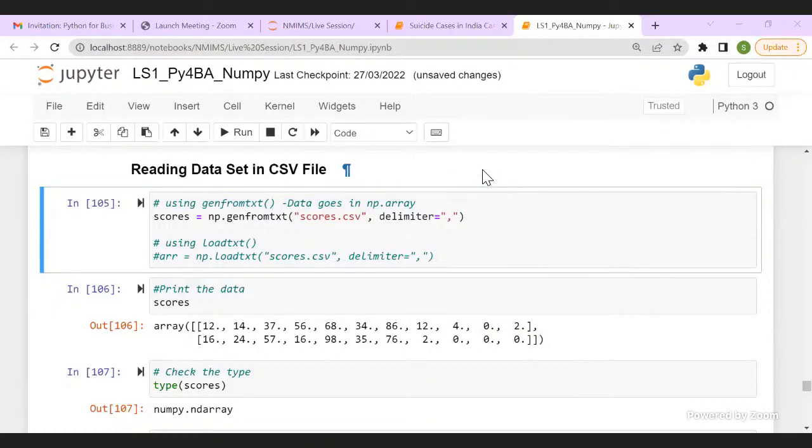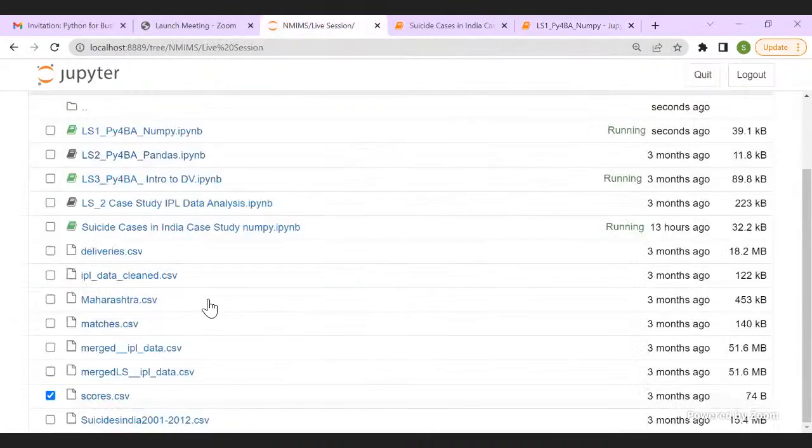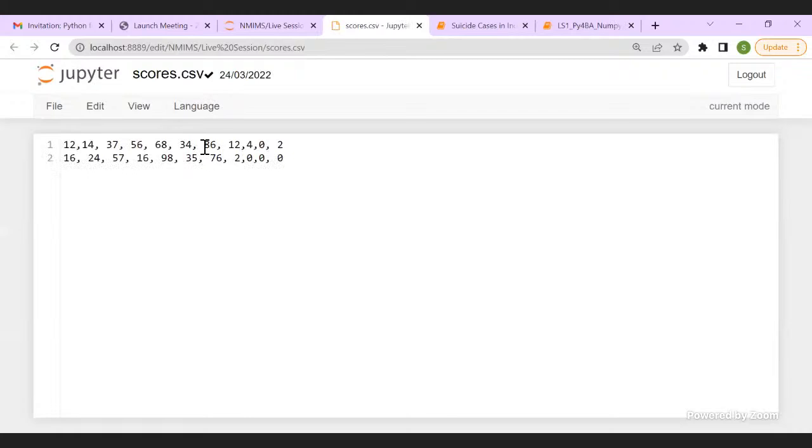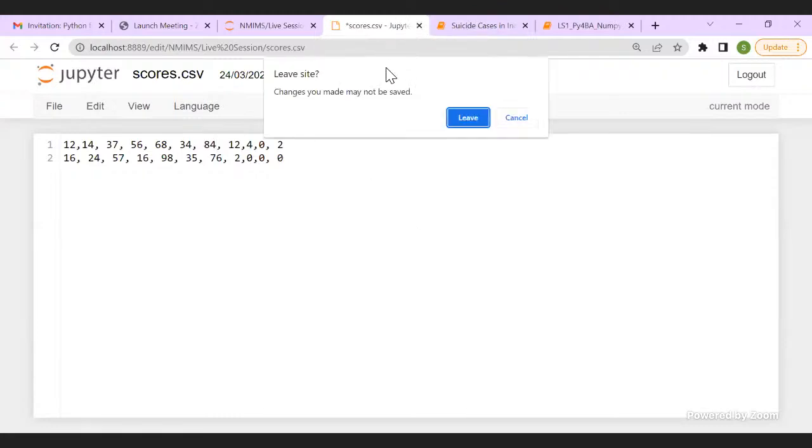Pooja is asking whether the default data type is float. No, Pooja, the default data type won't be float. It would be the highest one. So in case I have scores here, and one of my values is not a number and it is "hello", instead of a number somebody has put "hello" in the raw data, then my entire data type would be a string.